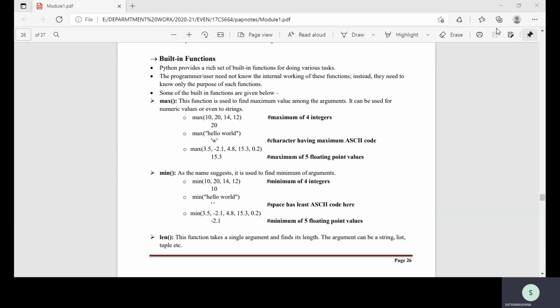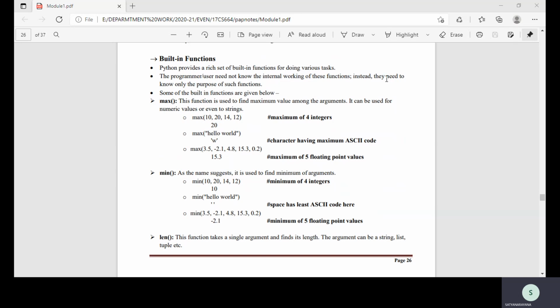Now let us see a few of the built-in functions in Python which will really help us in programming. The first function we are going to see is the max function. As the name indicates, if you want to find the maximum of given values, you can use the max function. For example, max of 10, 20, 40, 5, 6.